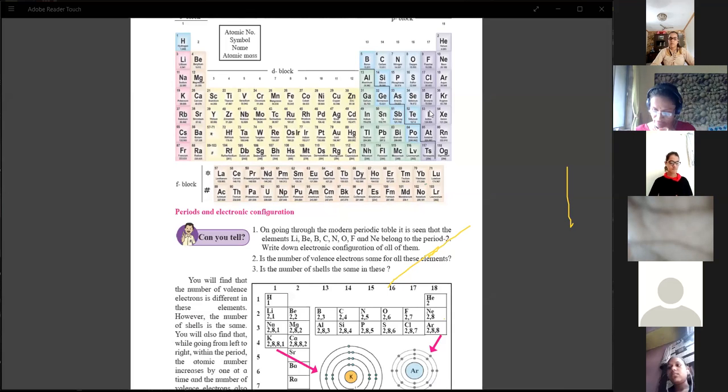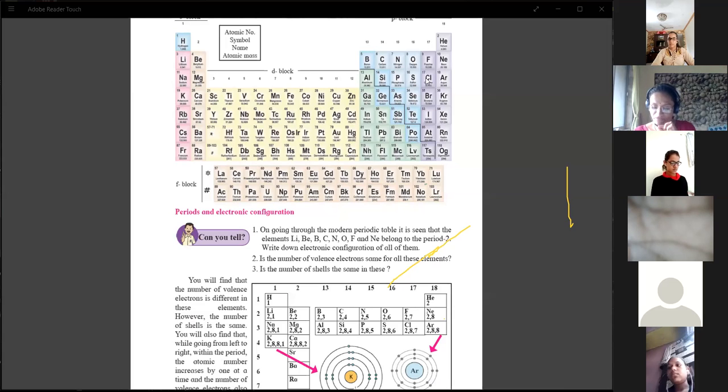A gradation is observed in their physical state down the group. Thus, fluorine F2 and chlorine Cl2 are gases. Bromine is a liquid while iodine is in solid form. Fluorine and chlorine are gases. Chlorine gas is a poisonous gas, which we discussed in the 9th standard. Then bromine is in liquid form, while iodine is in solid form.